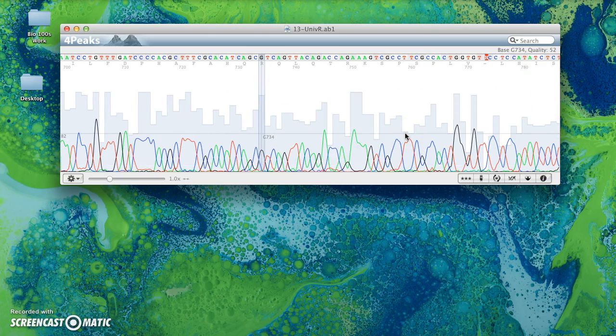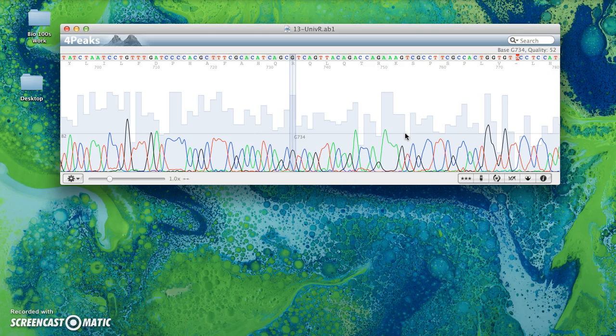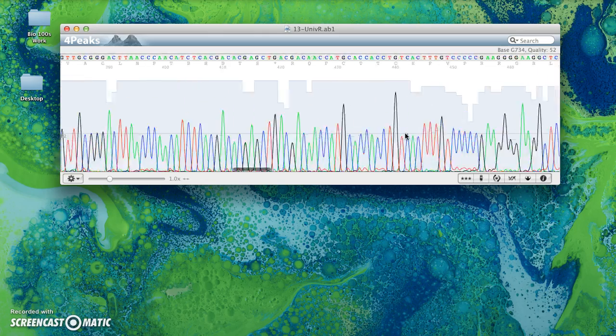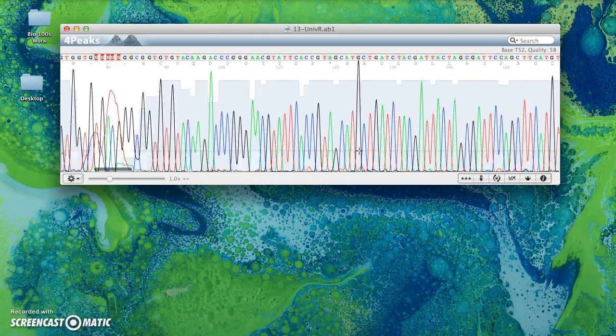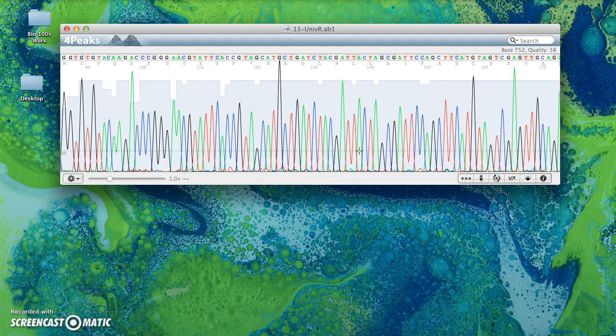This is the unclean region, and it is important to note these regions on your chromatogram and on your sequence so that when you take these sequences to BLAST search, you will remove this area from the sequence before blasting. The chromatogram is a nice visual example of your sequence, but to do a BLAST search, we have to use the written sequence and the .seq file, which we'll talk about in the next